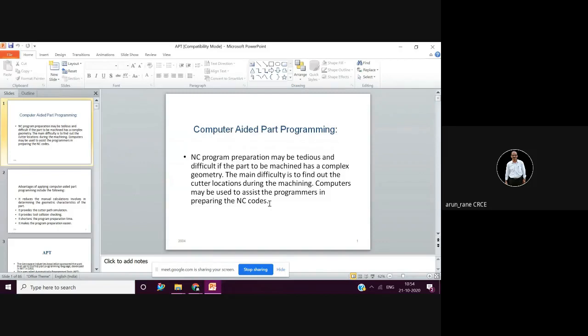So APT file is also called the cutter location source file. What I am trying to tell you is that this cutter location source file, or APT file, remains the same for any software, whereas the NC file differs from control to control, whereas the APT file is the same for any control. So there is a library of the controls.